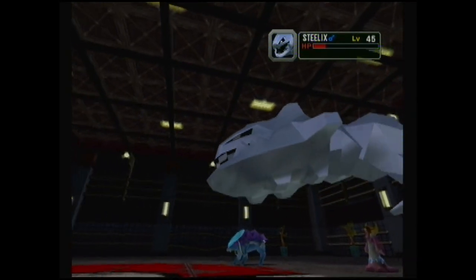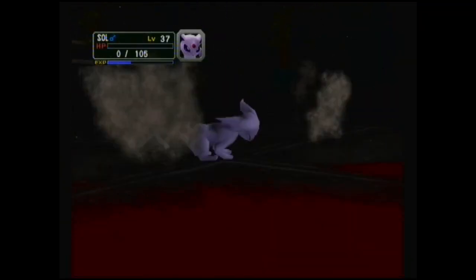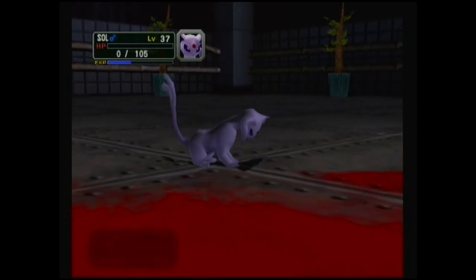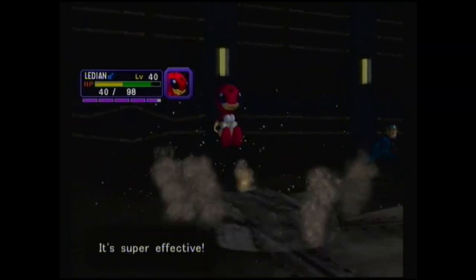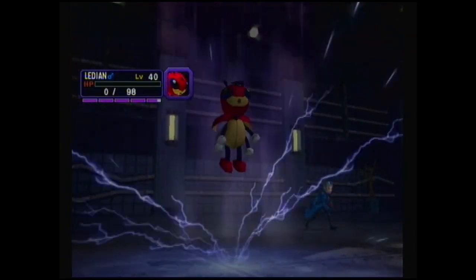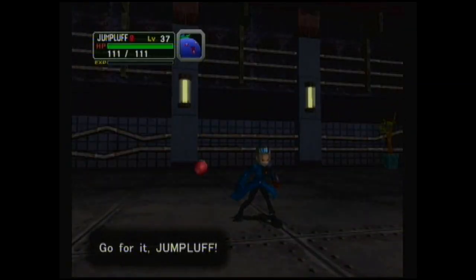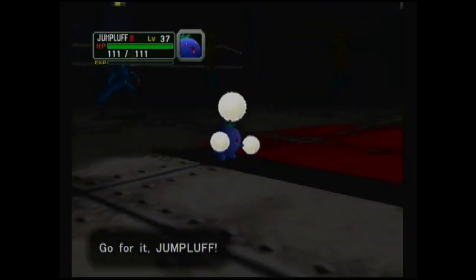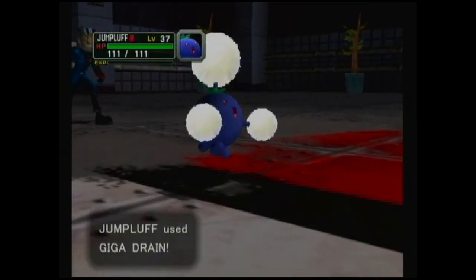Yep, real ton of damage right there. Now, what's Steelix gonna do? Rock Slide! That's even worse. That's much worse. Because not only is that gonna finish off Soul, it's definitely gonna finish off Ladian, because quad weakness combined with STAB, combined with terrible defense and HP. Goodbye, Ladian, I'm so sorry. So, all I have left is Jumpluff, who happens to be weak to Rock Slide. This is not good. Of course, if I can Giga Drain that Steelix, though, I just have to...